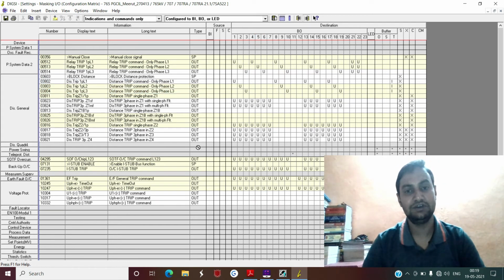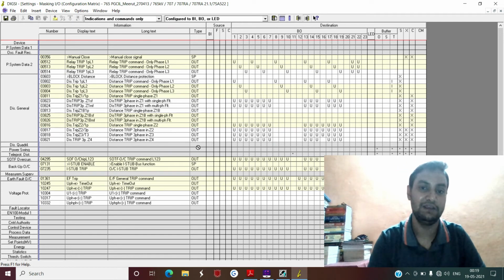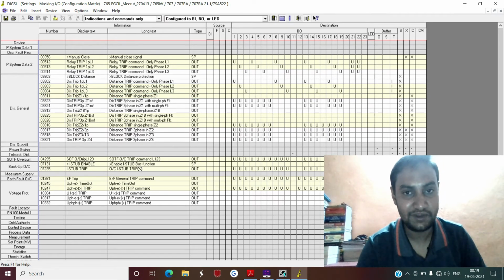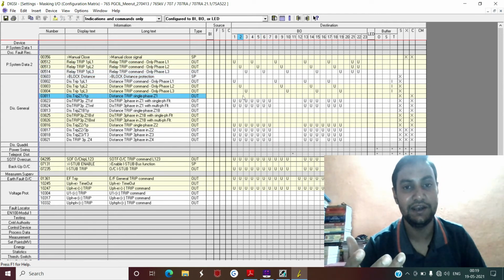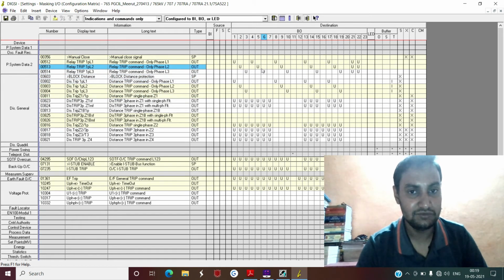Basically, if your system is perfect, if your relay configuration is perfect, if your relay setting is perfect, then this doesn't have any issue. But if your system is not perfect, or if your relay configuration or setting is not perfect, then it might happen, like I have already explained, that the relay general trip command might get high due to some inadvertent settings which might have remained on. So now you don't want this to be active. What you want for single phase tripping is your distance tripping command L1, L2, L3 to be active.